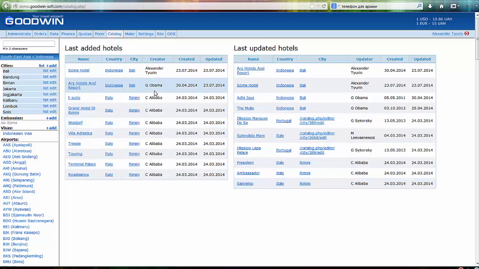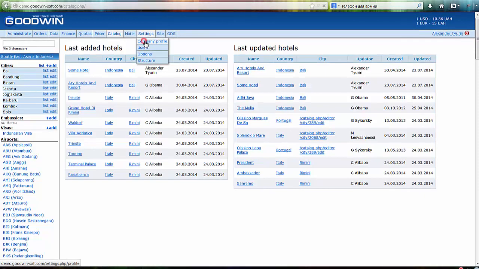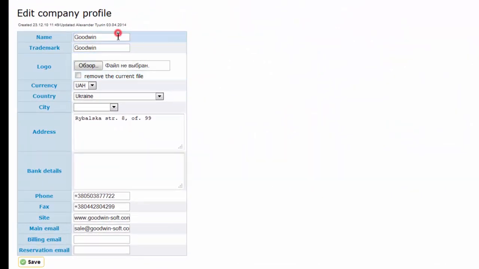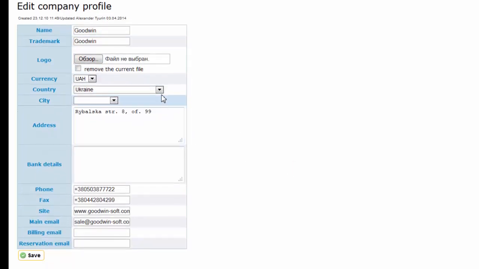So now we talk about the settings application. You can find it here. Start with company profile. So here everything is simple: company name, logo, default currency, country, city, address,